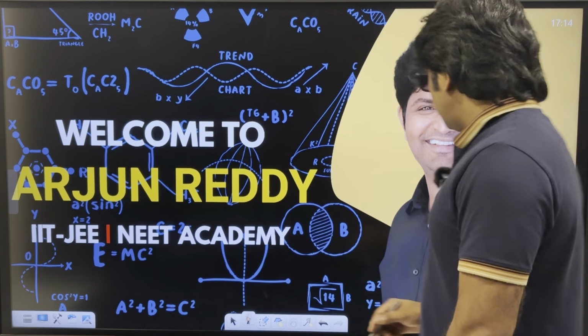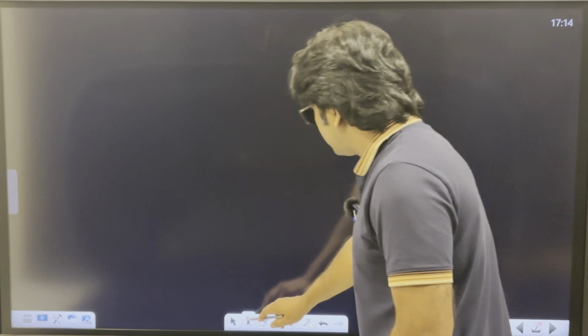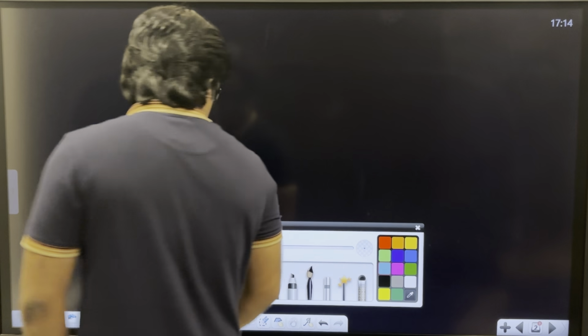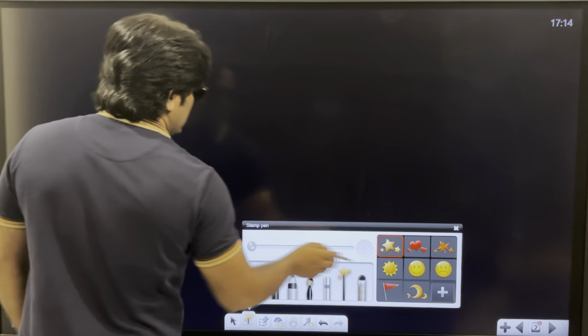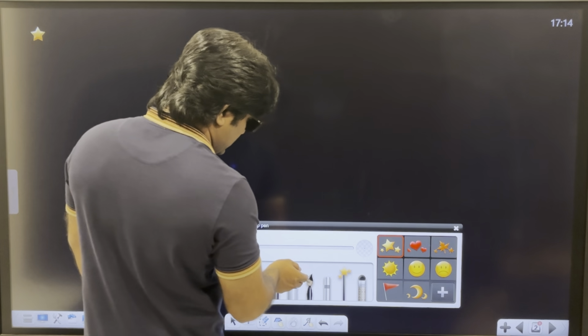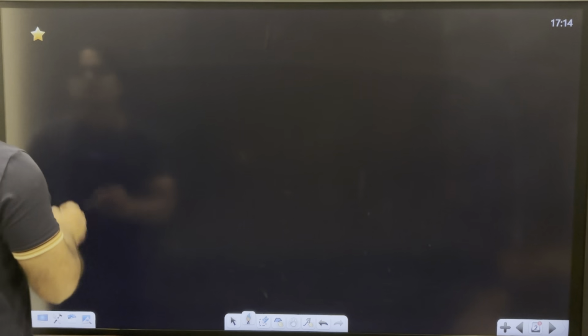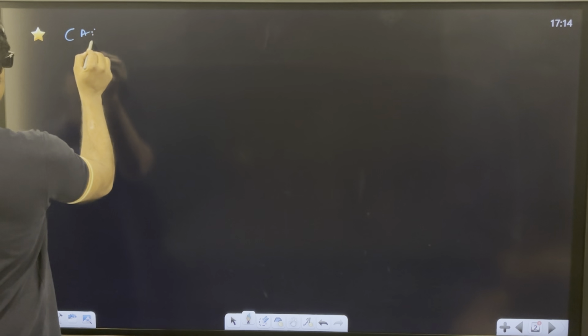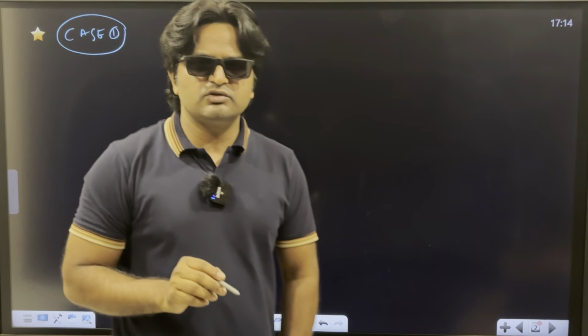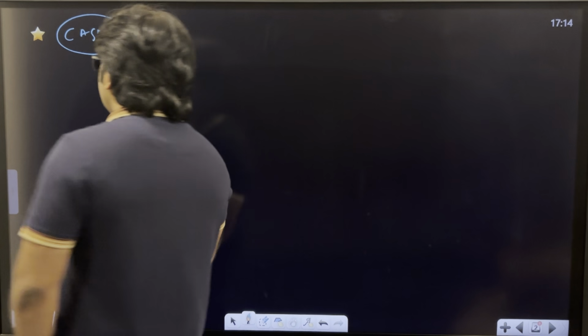Okay, so directly I am going to write the general formula which is used for the calculation of the number of geometrical isomers, right? First one, I am going to take the calculation of the number of geometrical isomers. Actually here we have two cases. I am taking case 1 in the calculation of the total number of geometrical isomers. What is case 1? Now first case,